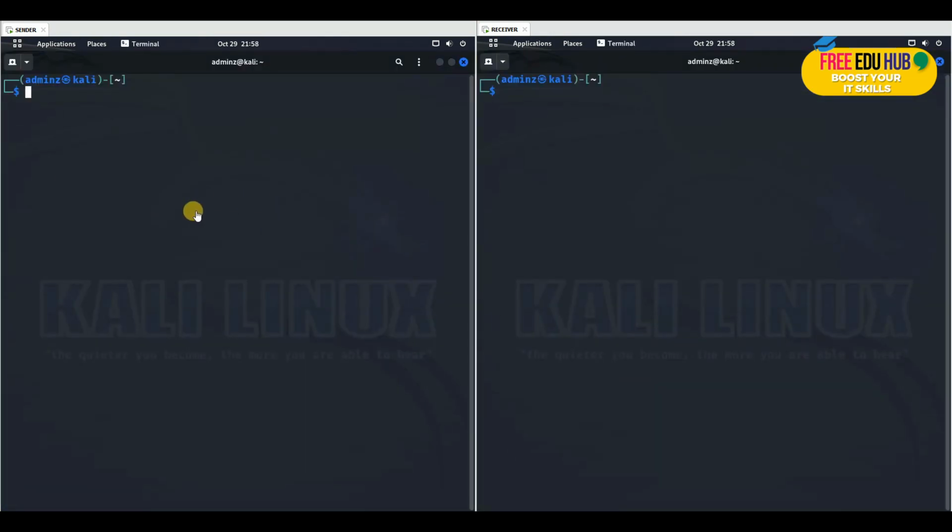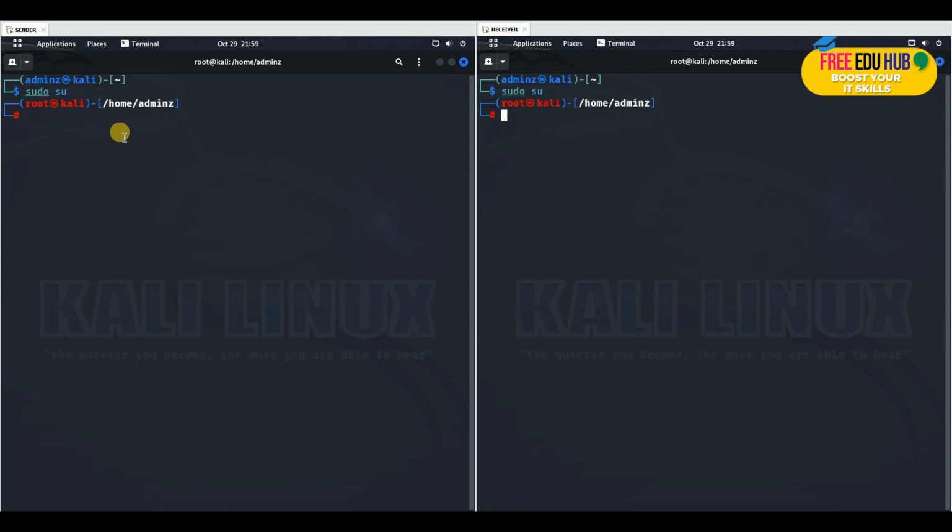The first thing we will do is open the terminal window on both the sender and receiver. First, we'll type in sudo su to go to elevated privileges, and the same goes over here. We'll have to be with admin access. The second thing you must keep an eye on is that it's actually saving things in your home directory. Now I need to change it to the main root directory so that we will be able to save the files over there